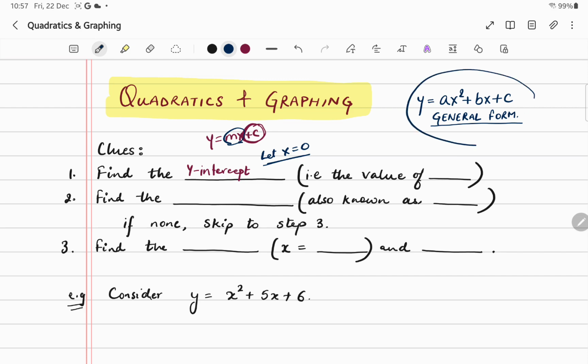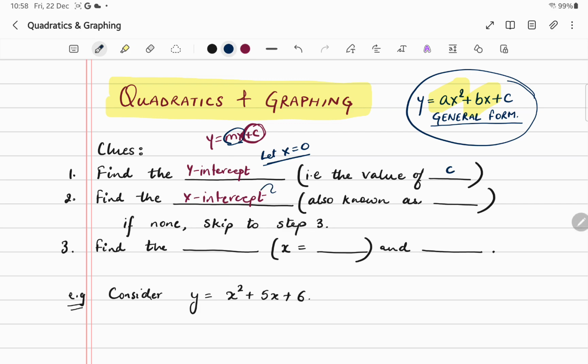Even in this general form, if you put x as 0, these two values here will become 0 and you're left with only the last number, which is c, right? So that is the value of your c. So the first thing, when we have an equation, is we find the y-intercept, right? Once we have the y-intercept, we then find the x-intercept. And similarly, as in the y-intercept we let x equal 0,